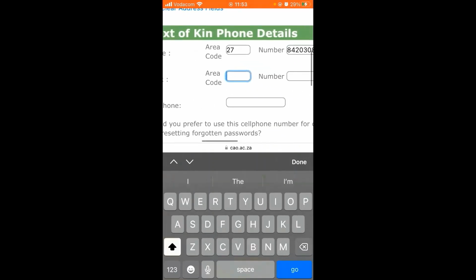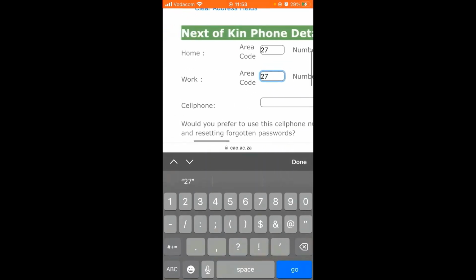They use the same phone number. So listen guys, home and work. Some people, when they're at home, use their ordinary cell phone numbers, but when they're at work maybe they use the landlines. So you can write your mom's landline, or whoever you chose as your next of kin, or you can just write